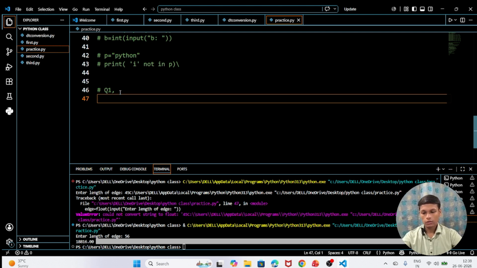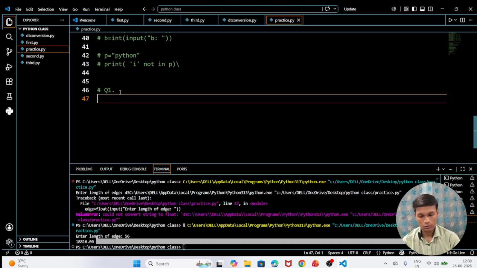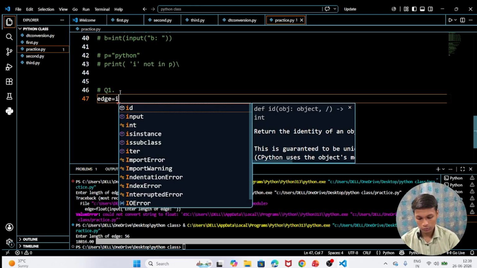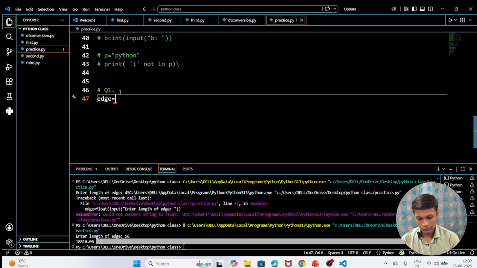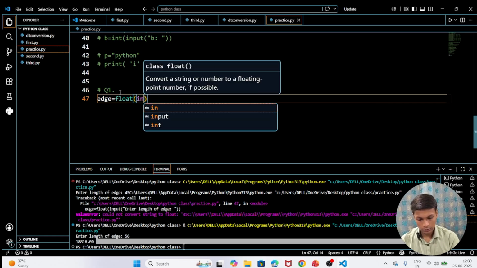Now let's start our question number 1. Okay, question number 1. So let's start from here. Now we have to take input from the user of age. So let's take a variable age equal to, we have to take an input in float. So in float input